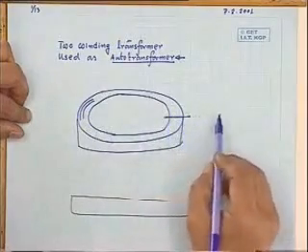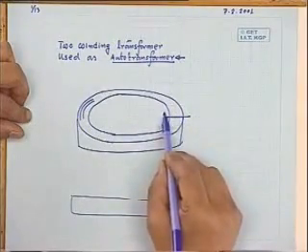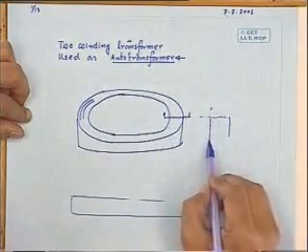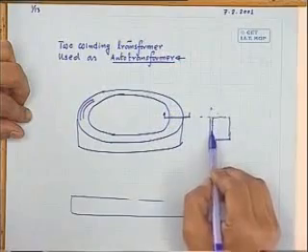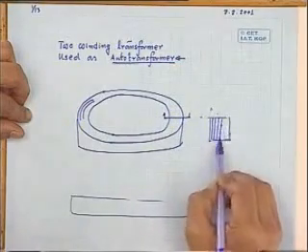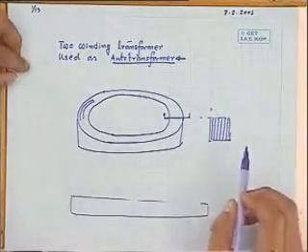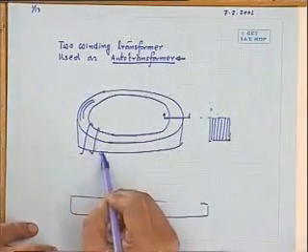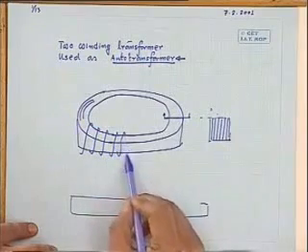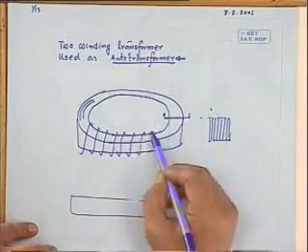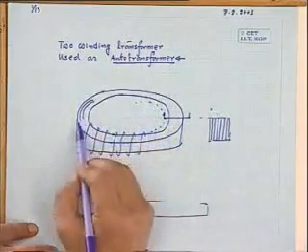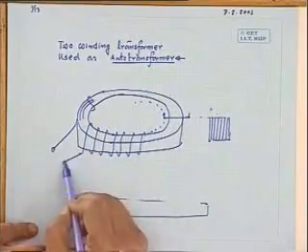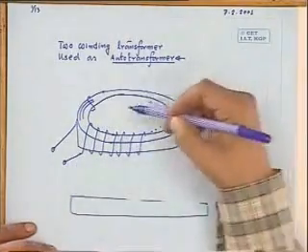So laminations will be in these directions. That is, if you look at this section, suppose you cut it vertically, it will look like this. Plates will be like this, insulated plates. And the windings are wound on this core in this fashion. A large number of turns, it will continue like this all along the periphery, and finally it will come out as another terminal. So these two terminals will come out. So this way the winding goes.